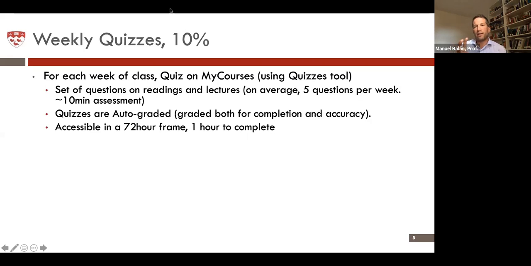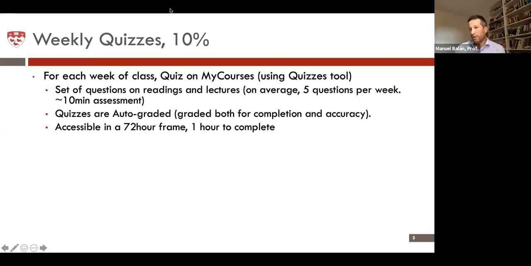What I do is I separate the access time for the quiz and the time that they have to complete the quiz. I'm generous on both. So it's 72 hours. They have a 72-hour frame to enter the quiz. I recommend in the syllabus and in indications to the students that they should do the reading at least 10 hours before they start the quiz. And then once they access the quiz, it's open everything. I'm not asking them not to use any materials. They can use whatever they want, but they have 1 hour to complete that quiz. And again, it's planned to be completed in 10, 15 minutes.